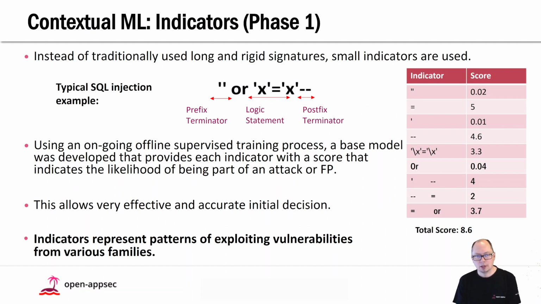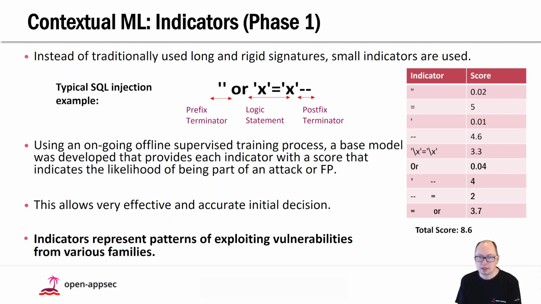So how do those indicators look specifically? Let's go into this a little bit more deeply. Instead of traditionally using long and rigid signatures, so you already understood why this is not a good idea, I assume, we use very small indicators. And if we look at this example